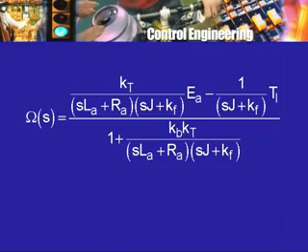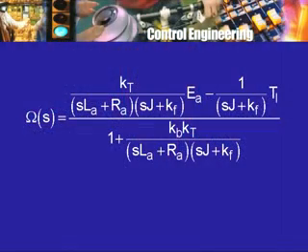Now at the moment these expressions look fairly messy, and I am going to draw a block diagram later on when we consider feedback, but at the moment we have to work with the expressions as we have them. We can simplify them a little further by getting rid of this denominator product. And if I do that, then what do I get? And I will now separate the 2 terms EA and TL.